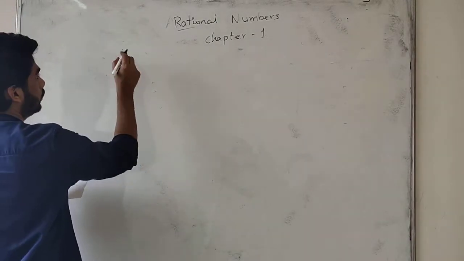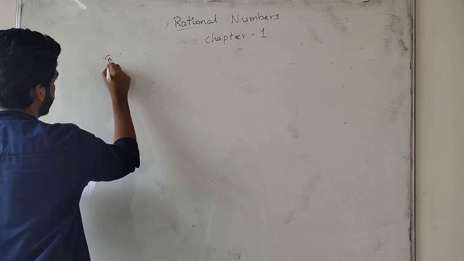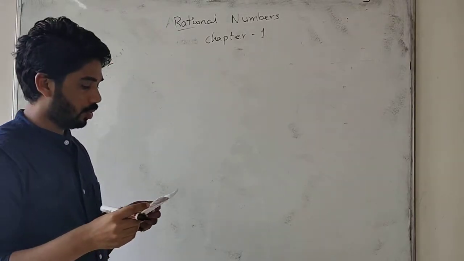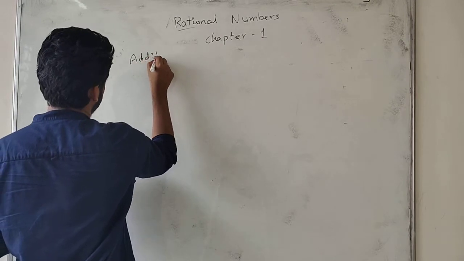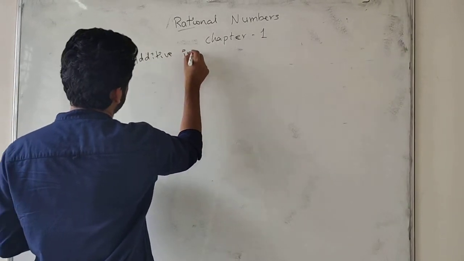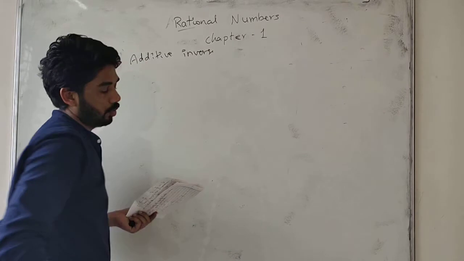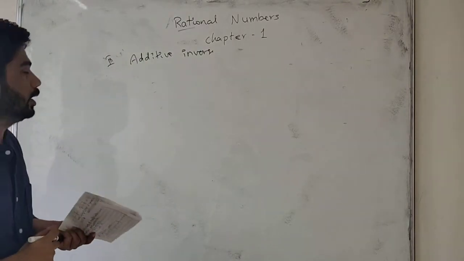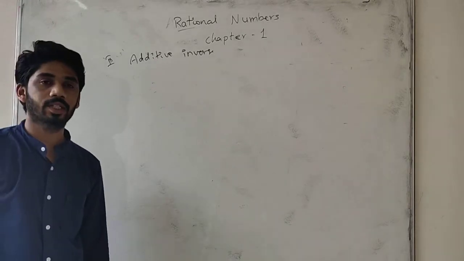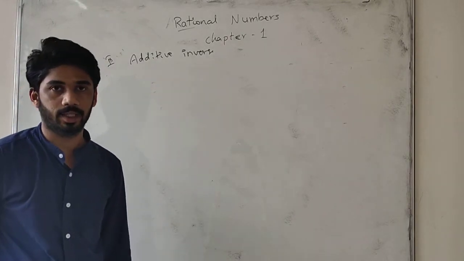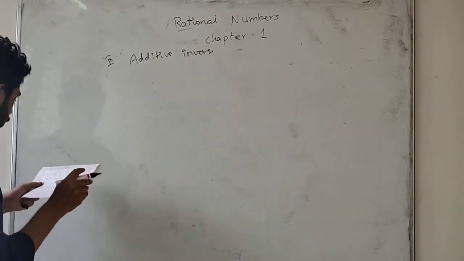So next one, the second part. In this question, we are going to do additive inverse. I have taught you that the additive inverse is nothing but the changing of the sign. If a sign is there, we have to change the sign and write it as minus. It is very easy. Now the first question in this one,